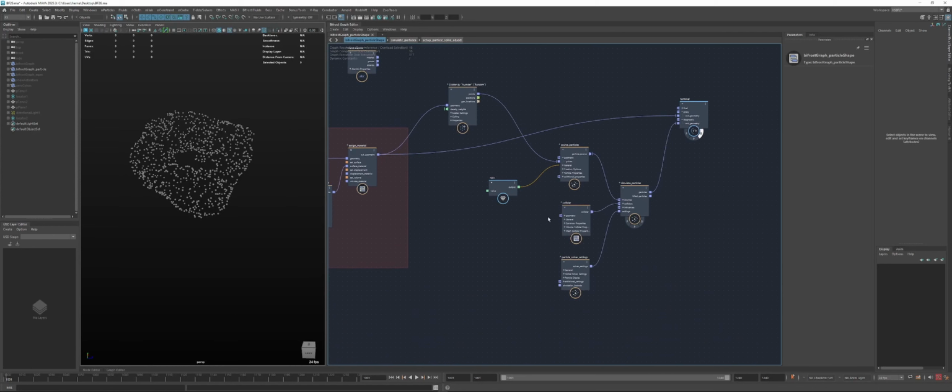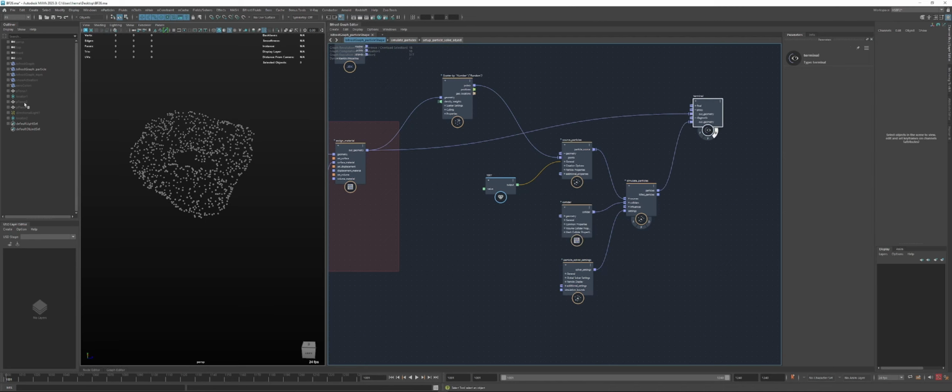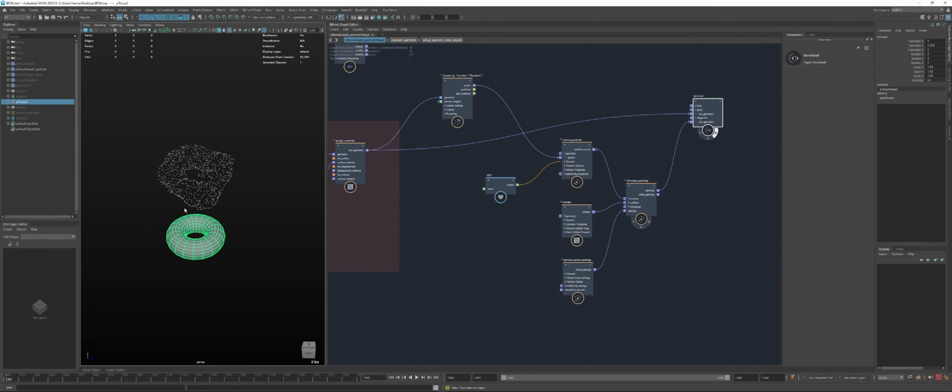All right, so on the collider, we also have a new parameter here that we can play with. This is stickiness, which is pretty neat. I have a torus here. I'm gonna bring it into the graph, and I'll connect this into the collider. And what we'll do is,